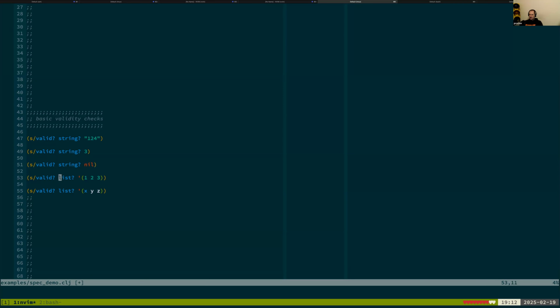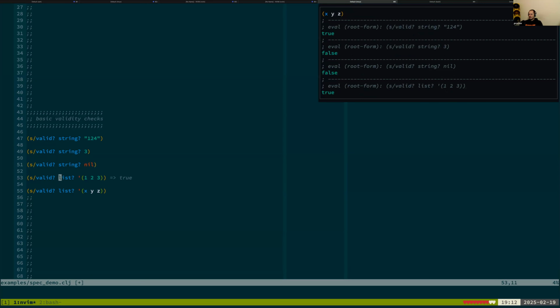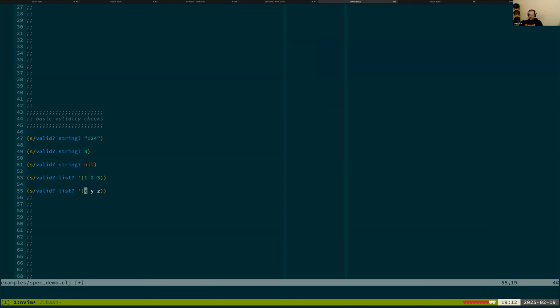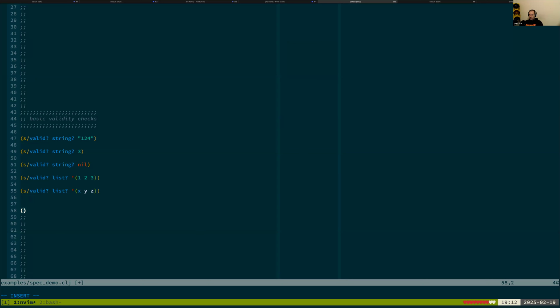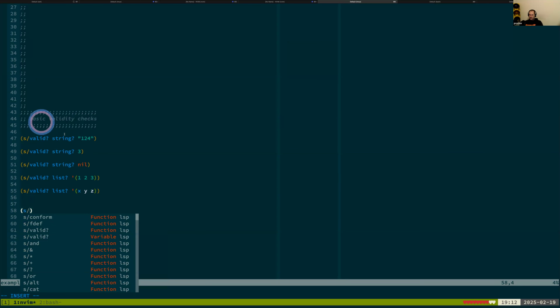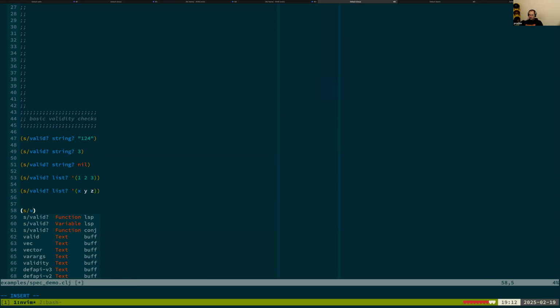I can ask about different kinds. So is this a list? Yes. Is this a list? Yes. And I'm not trying to evaluate X, Y, and Z. I just have a list of symbols that are X, Y, and Z. There are all kinds of different functions in there. Valid. And spec does some stuff where